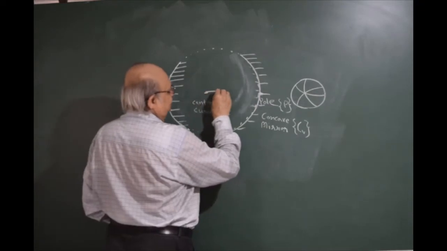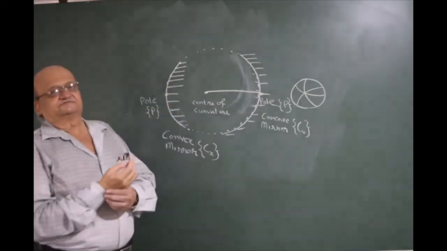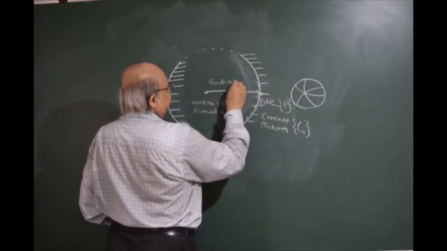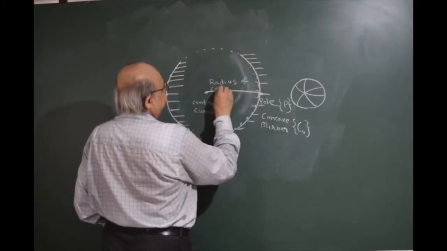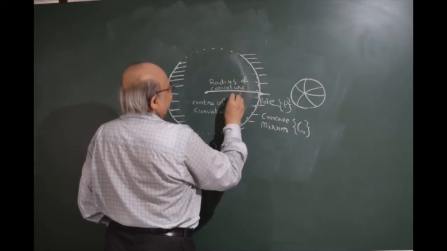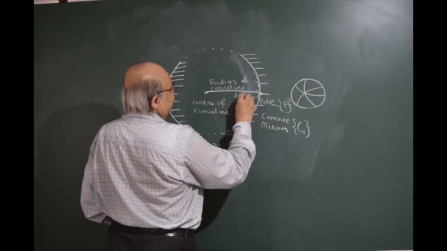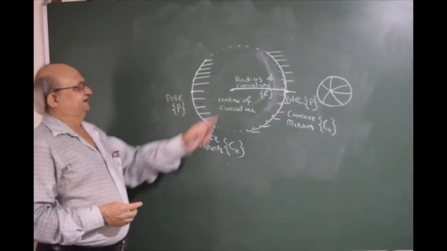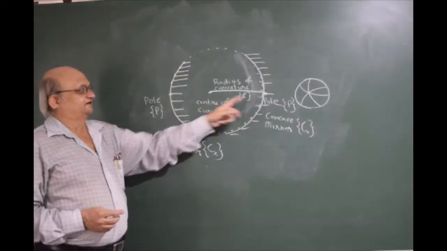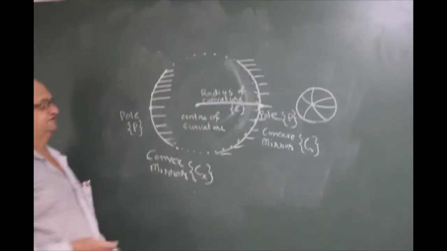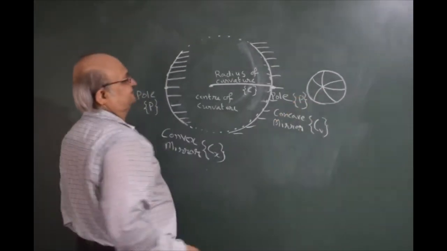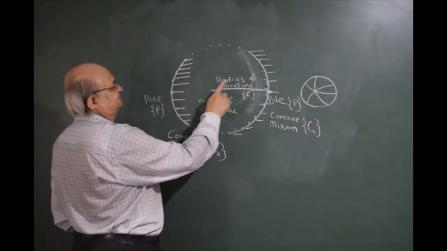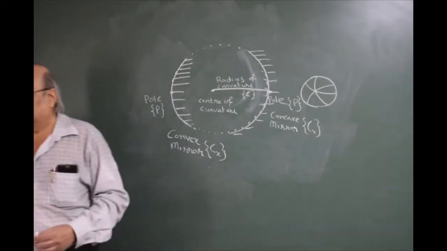The distance between the pole and the center of curvature is called the radius of curvature, and is usually denoted by capital R. So we have the center of the sphere of which the mirror is a part as the center of curvature, the center of the shiny surface as the pole, and the distance between the pole and the center of curvature as the radius of curvature.